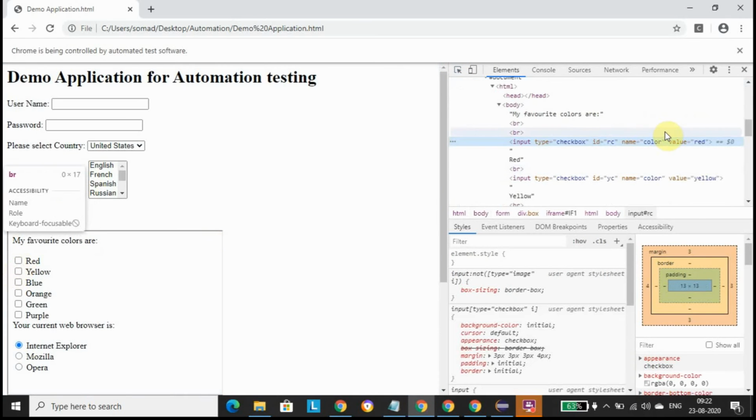I have an ID here for this particular checkbox, so let me try to interact with this checkbox red here.